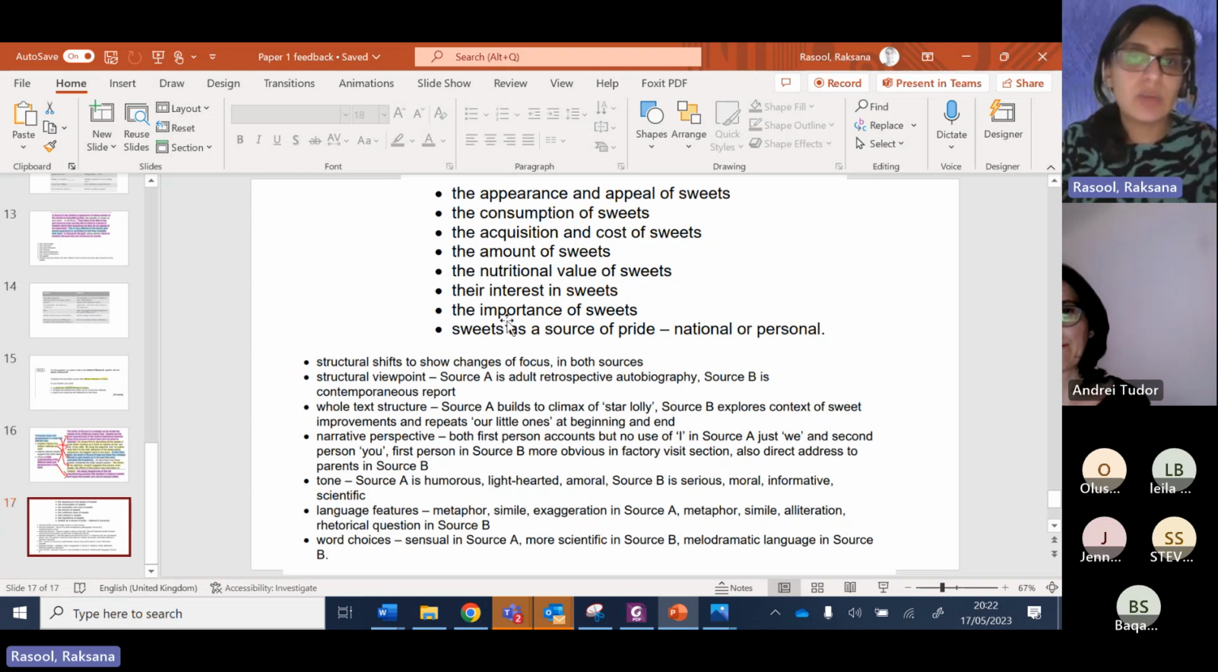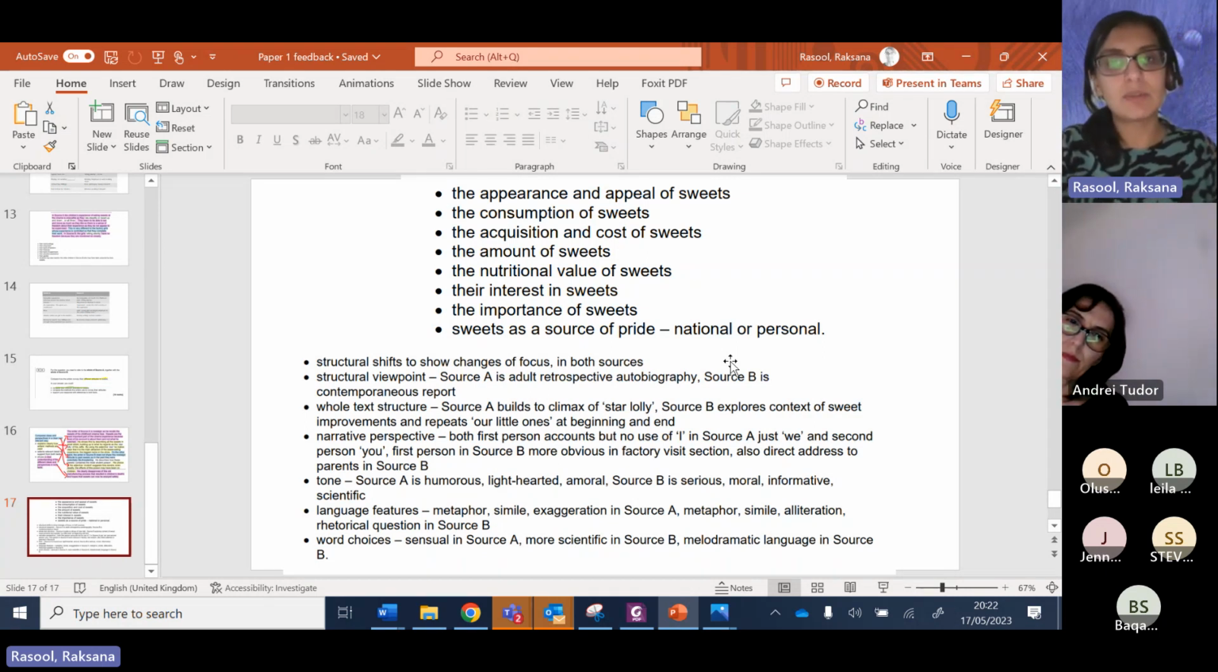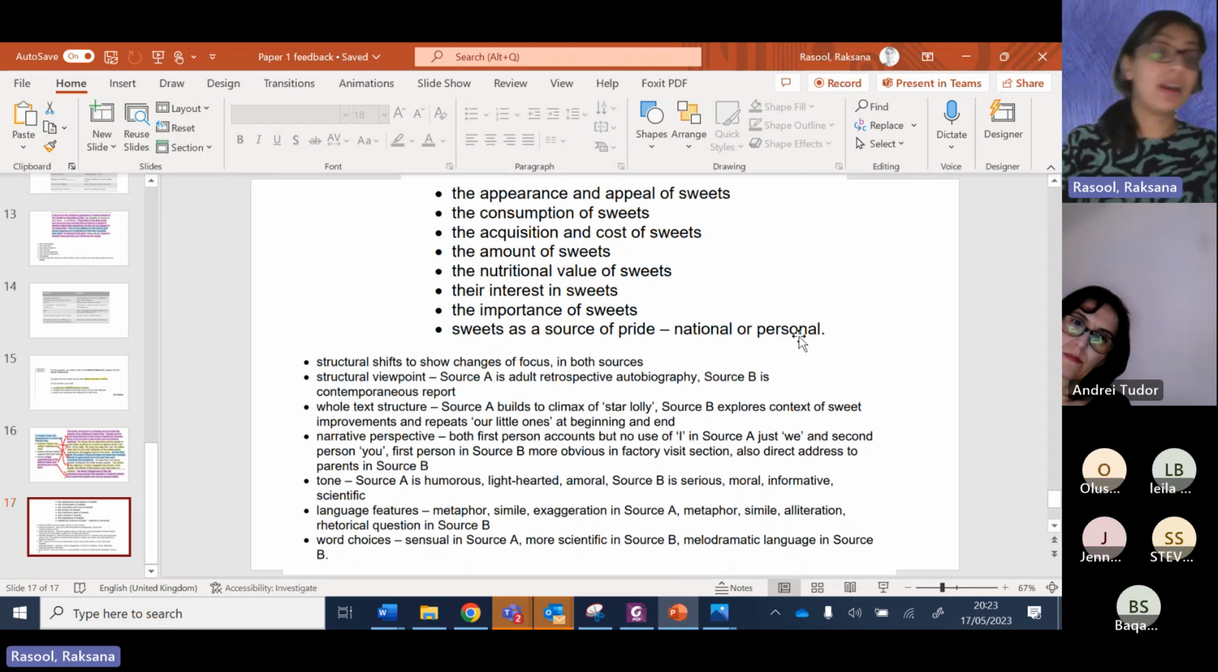Okay, interest in sweets, importance of sweets, sweets as a source of national pride. He says it's part of the British manufacturing process now, before they were imported. In source B, there seems to be some sort of national pride, and in source A, there's pride in the sweets personally. Okay, so some of the things you could have mentioned: the structural shift to change focus, the point